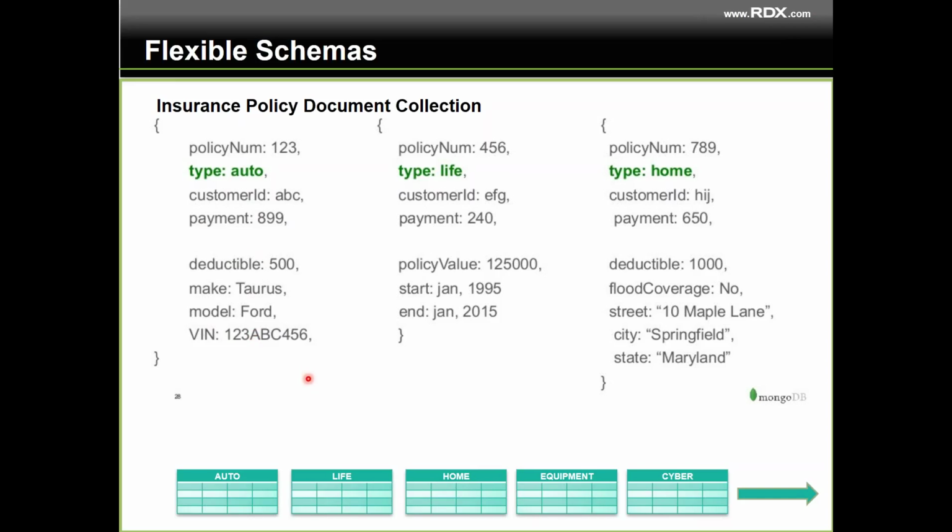What happens when you report on all the policies for a customer, and that customer happened to have lots of different types of policies? I'm a car guy. Let's use General Motors or Ford as an example. They have dozens and dozens of different policy types that range from cyber insurance, equipment, key man policies, physical plant. In a relational system, I would have to join all these tables together to get that common view of the